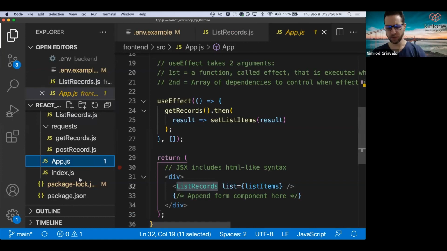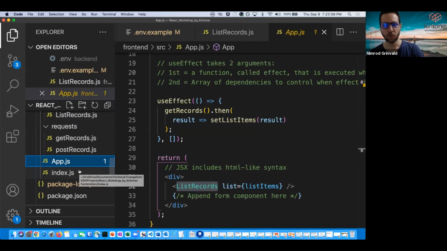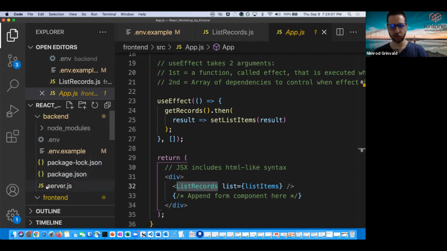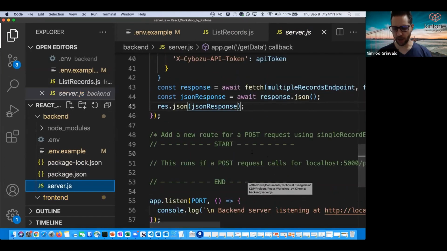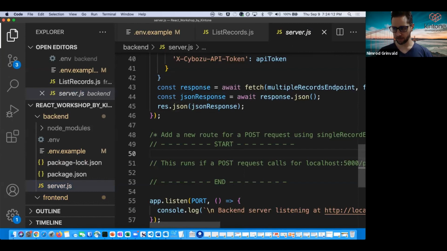So let's start with some coding. It's about time. And what I think makes the most sense for us to do is to start at the back end and start creating that post route. Ultimately, we want to create a post call that will route to Kintone and return us some indication that a